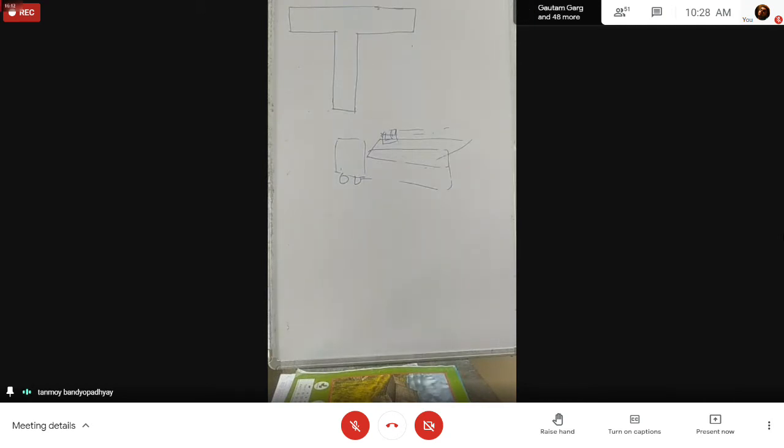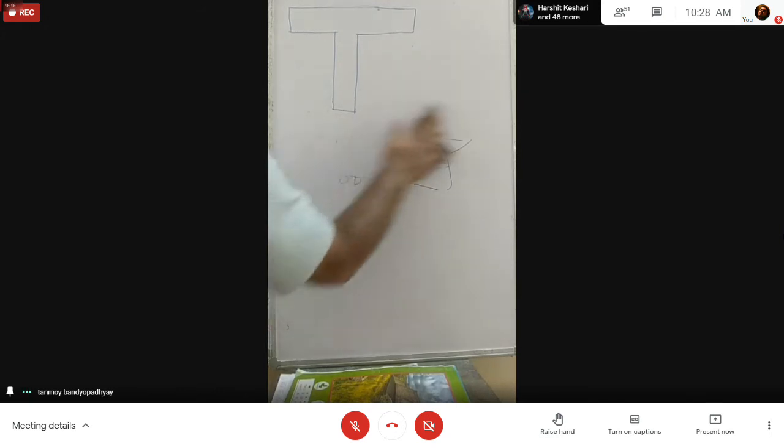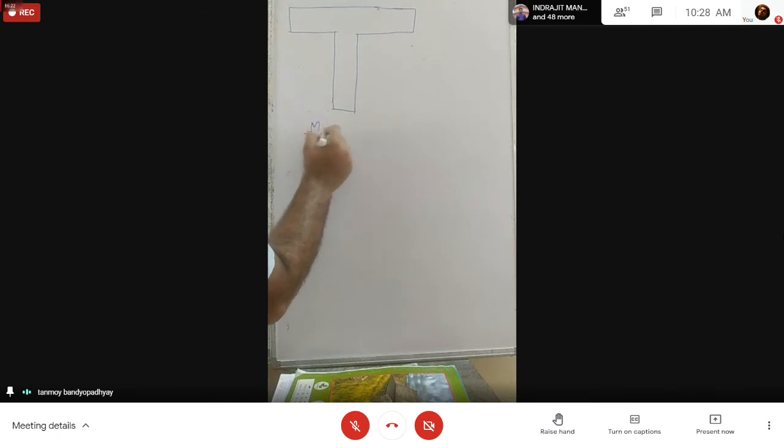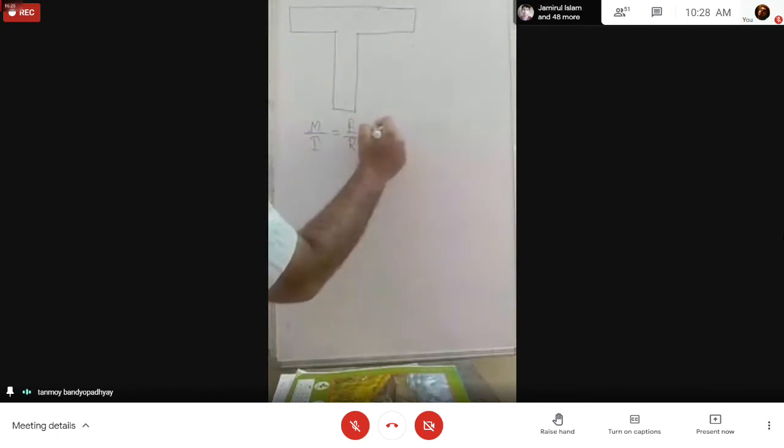So when you calculate the bending modulus, that comes from the calculation of the moment of inertia. Okay? Because you have studied the bending equation. When you study the bending equation, you will see that M by I is equal to E by R is equal to sigma B by Y. So this is known as the bending equation.